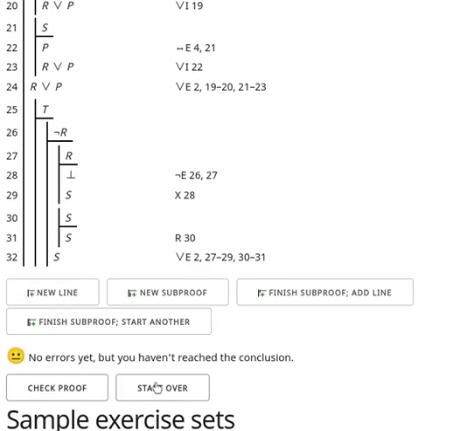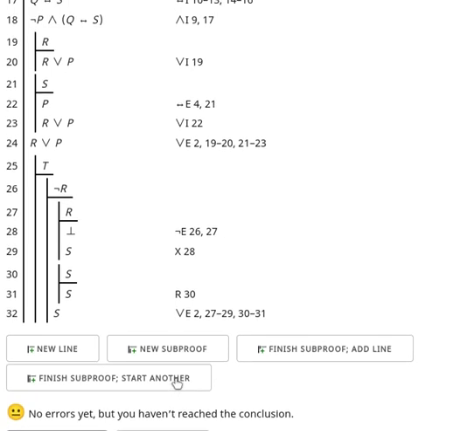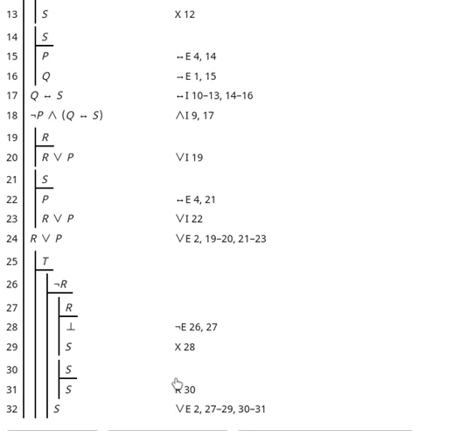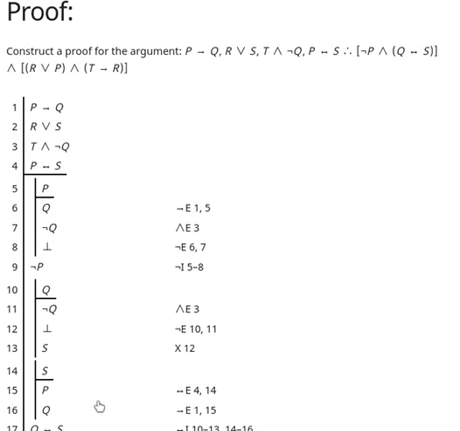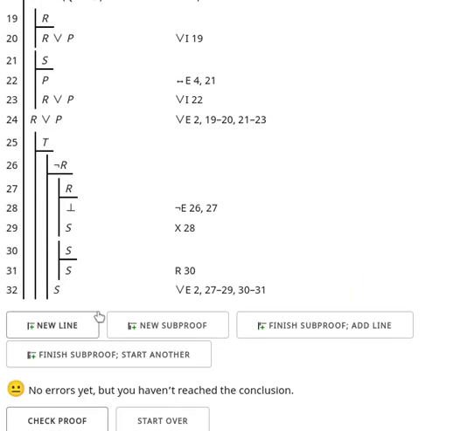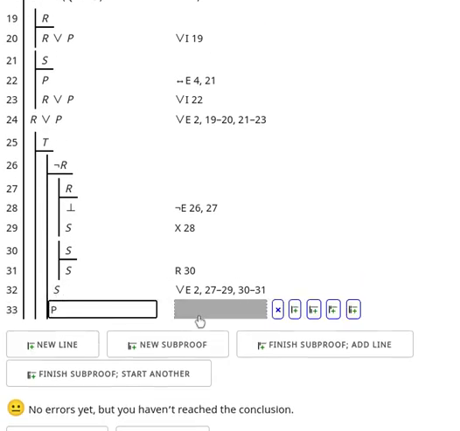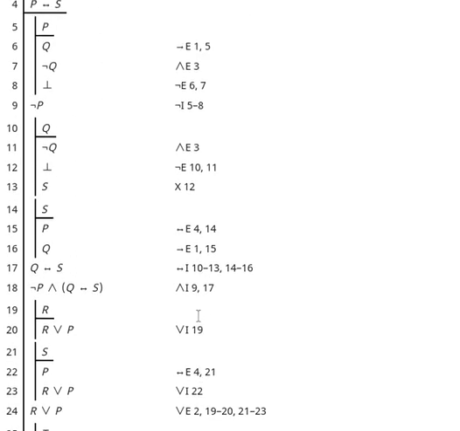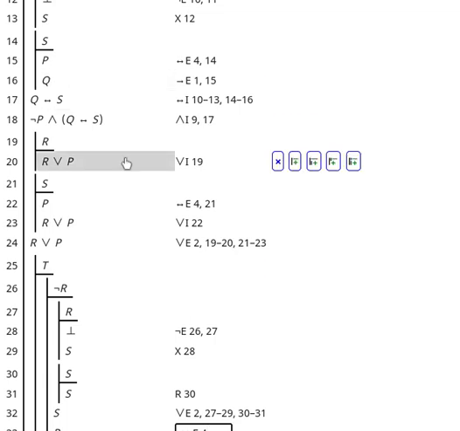That's a lot that we've done though, so let's check that. No errors. Okay, so we have, once we have not R, we have S now. We're looking for a contradiction. We know that S is true if and only if P is true. So let's derive P, and that's by conditional elimination on lines 4,